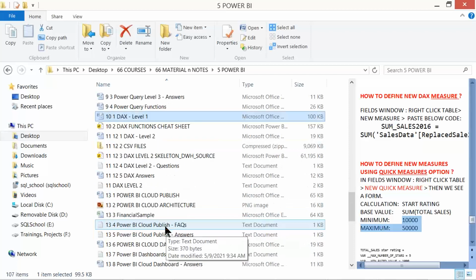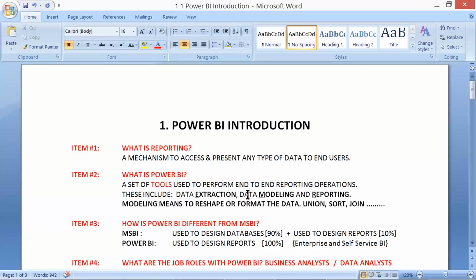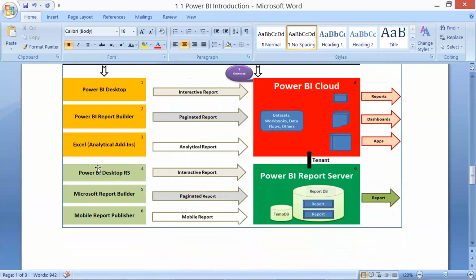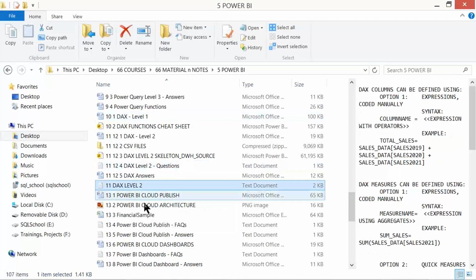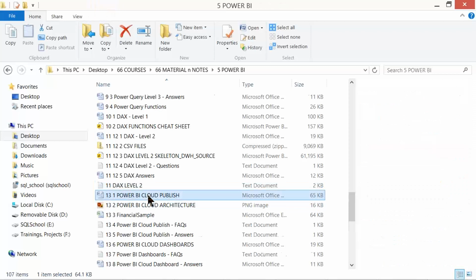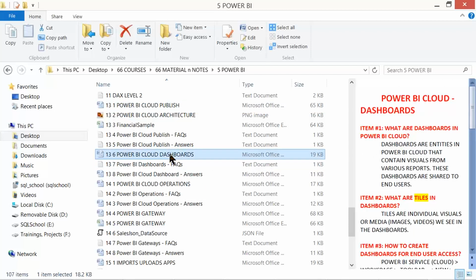a lot more. That includes even analytical reports, something called analytical reports. Just remember this. And we have something else called row level security, RLS, given by DAX. And we have Power BI Cloud, which is actually a service for reports we need to learn. Something else called dashboards we need to learn, mixing multiple reports and splitting multiple reports the way the customer wanted.